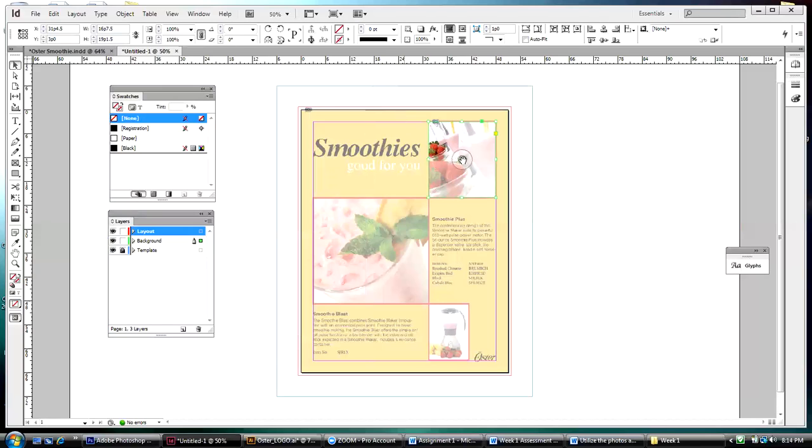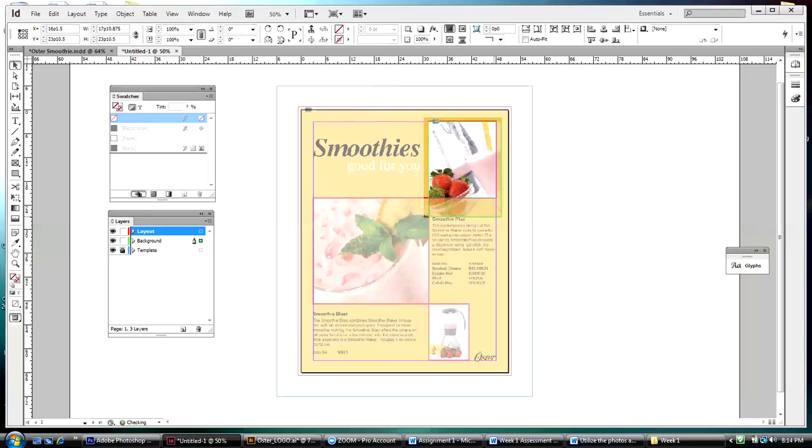The problem is that this image is never going to be really usable, but we can use it for our exercise, which is what we're going to do. So I'm going to select it. I don't know whether you noticed how I did that or not, but I clicked on the regular selection tool here, and I came into the middle of my frame, and you see that little circular thing that comes up? See it? When I click on that, can you see how it selects the image? Okay,